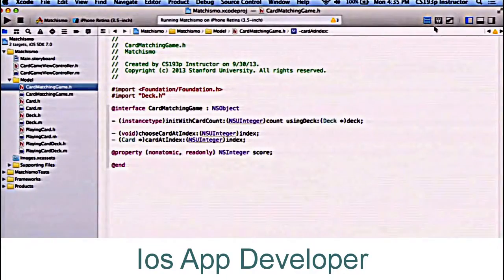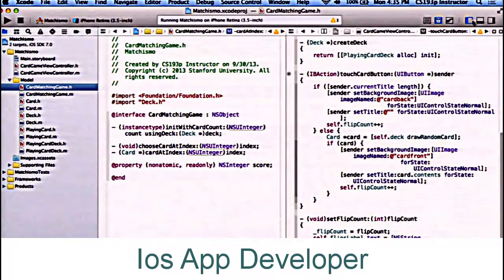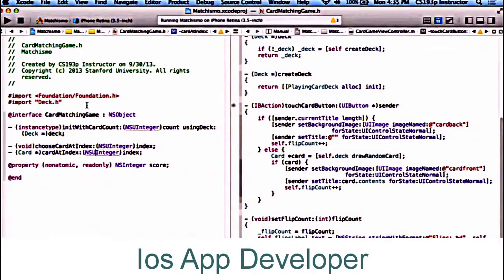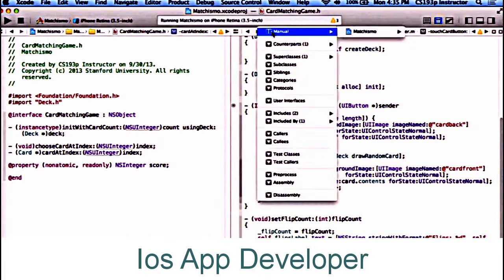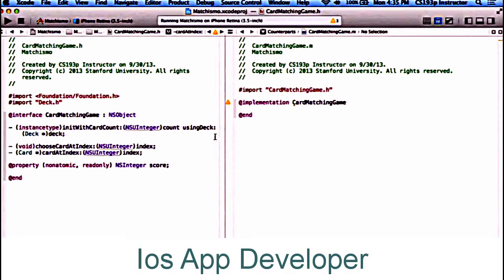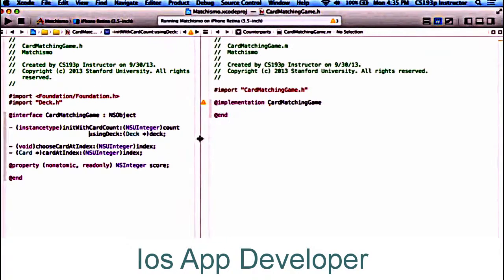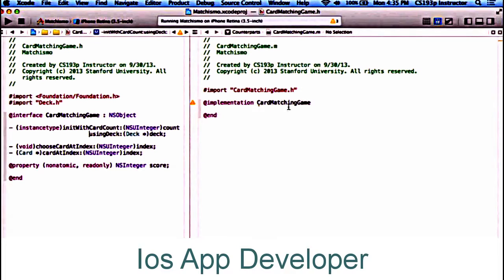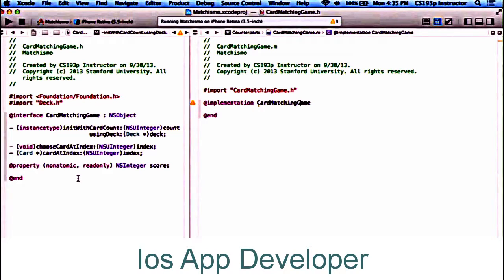Okay, so now let's go back to our card matching game, and let's talk about how we're going to implement this thing. I'm going to go back to automatic here. Put this thing back. Just to make this look nicer, I'm going to go like that. I'm going to leave this header file up while we do the implementation so you can see what we're shooting for. So the first thing I want to